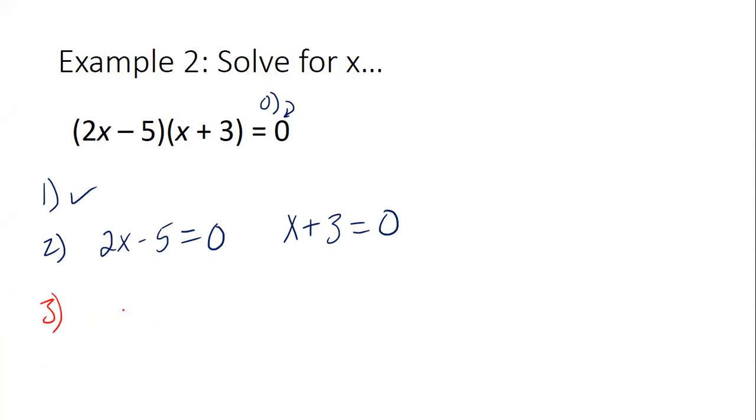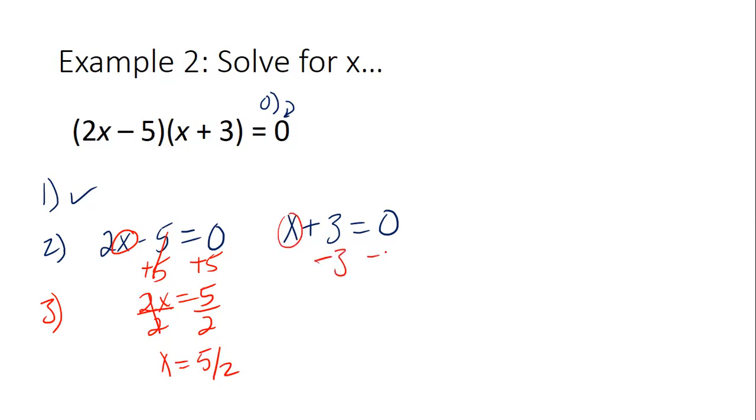Step 3 is to solve for x. In order to solve for x here, to get x by itself, we should add 5. That gives you 2x equals 5, and divide by 2. So x equals 5 halves. All you have to do here to get x by itself is subtract 3. So you get x equals